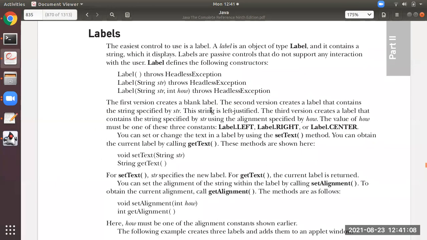Then you have another constructor with two parameters. In the third constructor, you can specify the position in the window. If you want it at the left side, provide Label.LEFT. For right, Label.RIGHT. For center, Label.CENTER.